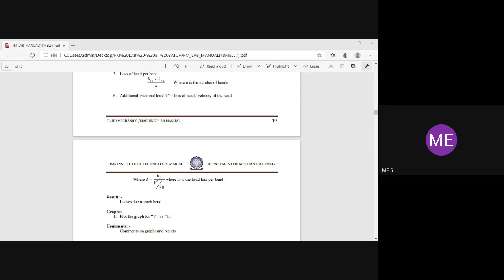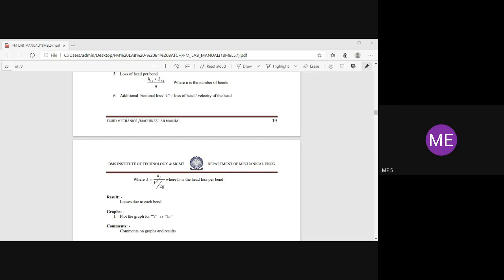Remember, one is plus and one is minus in the manometer. One reading is above the datum line and one reading is below the datum line. Whenever the reading goes below the datum line, you have to take it as minus, and H equals H1 minus H2, which becomes plus. That is 0.6 plus 0.9, so you take 1.5 centimeter as H, or you have to convert it into meters. Next, rise.